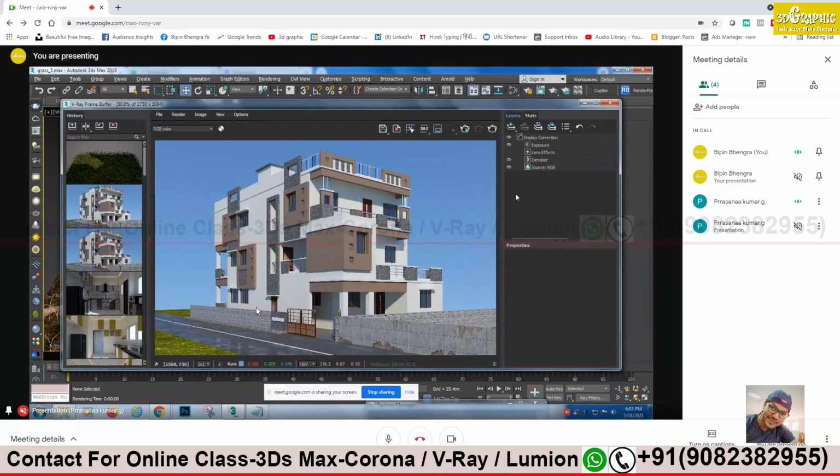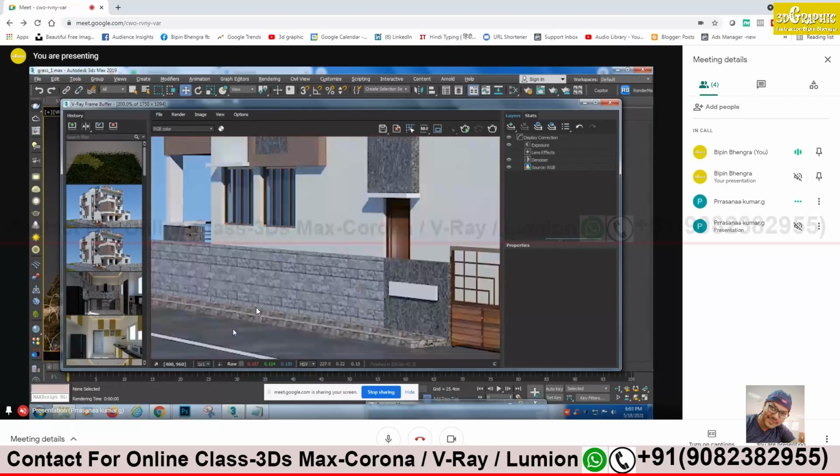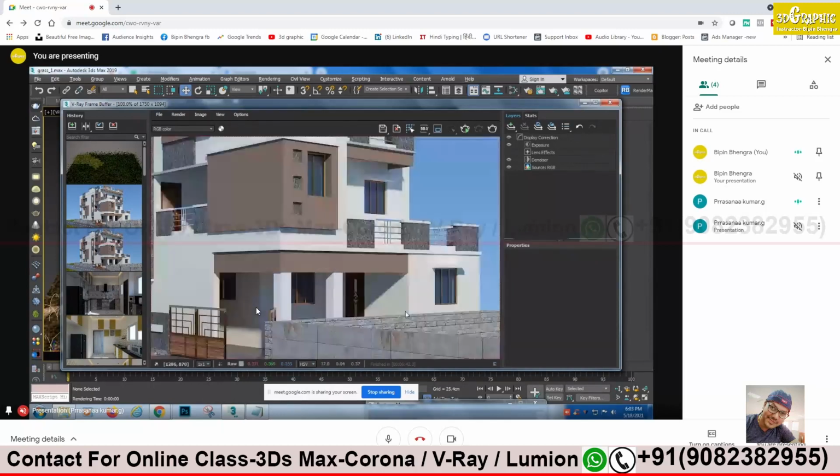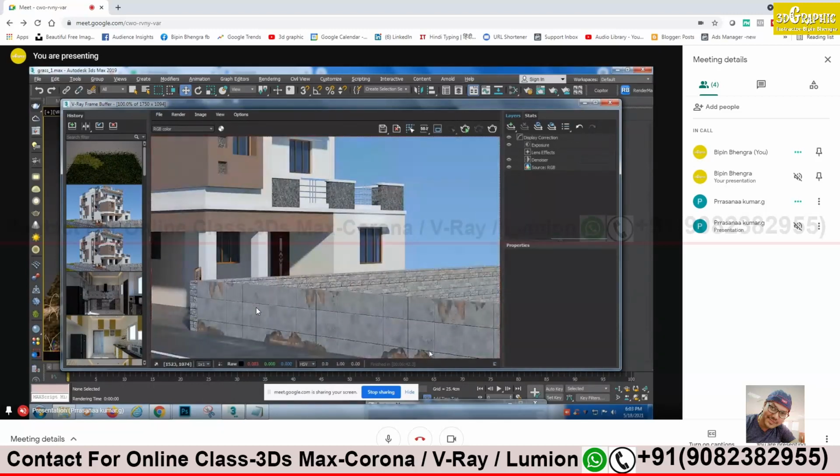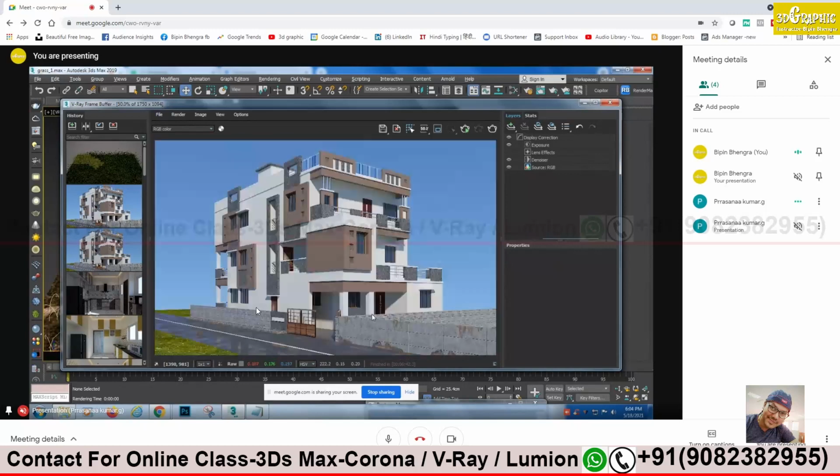Yeah, potholes. Right, good. And the wall textures are very prominent. This is all displacement, sir. As you said, I gave the displacement instead of bump. The cracks over there are very big, so I have to reduce that size. And one or two cracks is enough. No, I was just trying it. I just wanted to see the result.